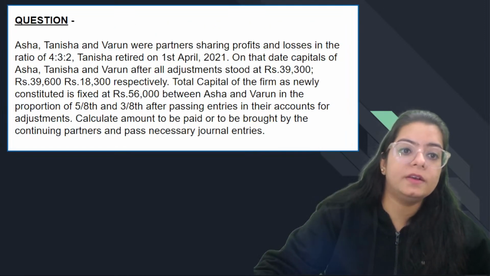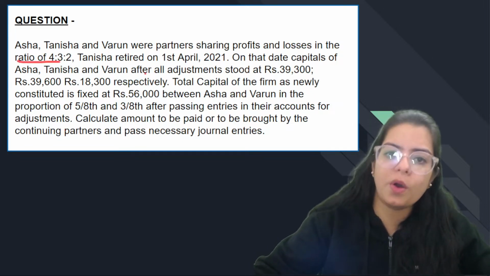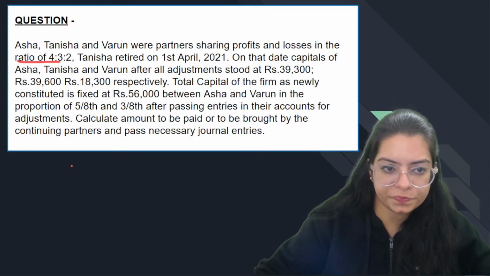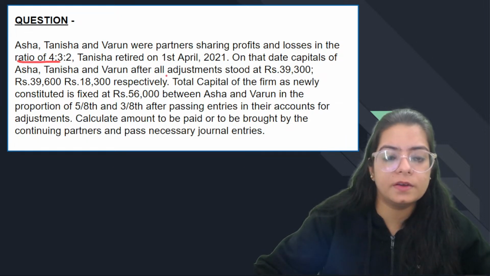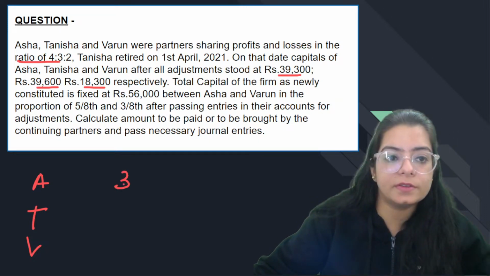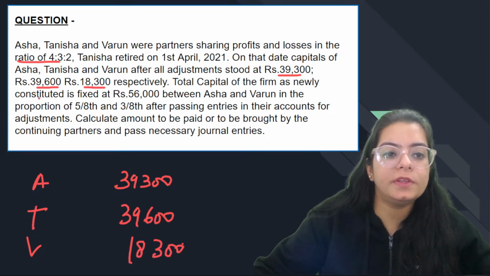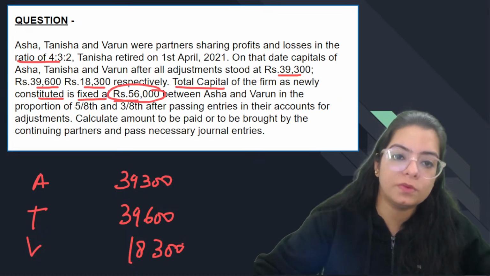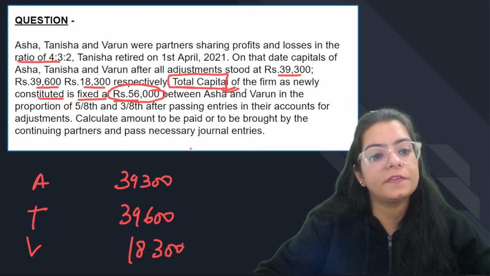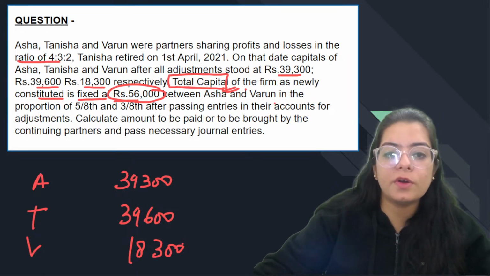तो अगर हम एक एग्जांपल देखें, है ना, कि आशा, तनीषा, वरुण वर पार्टनर शेयरिंग प्रॉफिट्स एंड लॉसेस इन द रेशियो 4:3:2। तनीषा retired on the date, on that date आशा, तनीषा, वरुण after all adjustment stood 39,300, 39,600, 18,300। So आशा, तनीषा, वरुण, their capitals were 39,300, 39,600, 18,300। Total capital of firm newly constituted is fixed 56,000। The question has given you that total capital 56,000 होनी चाहिए, है ना। क्वेश्चन हैज ऑलरेडी मेंशन्ड दैट जो आपकी टोटल कैपिटल है वो 56 होनी चाहिए, है ना।